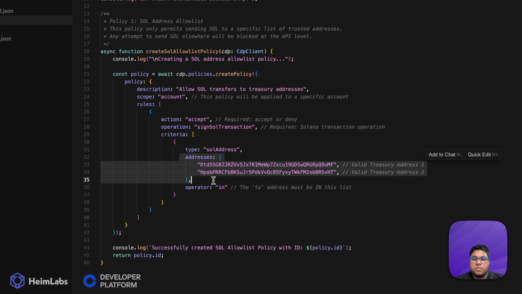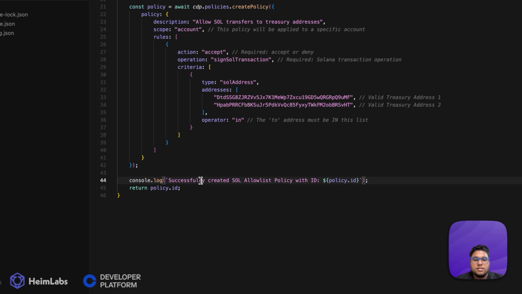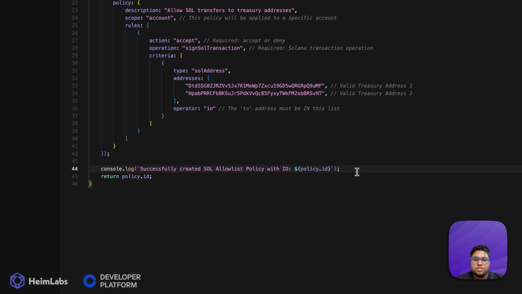So in this case, the address would be the allowlist addresses, or the trusted addresses which would only permit sending salt. And the operator would be in, so the two addresses must be in this list. Basically, all of these addresses will be in this list, and only these addresses would be allowed on this salt address allowance. Once that is done, we console log with the policy ID so that we can use